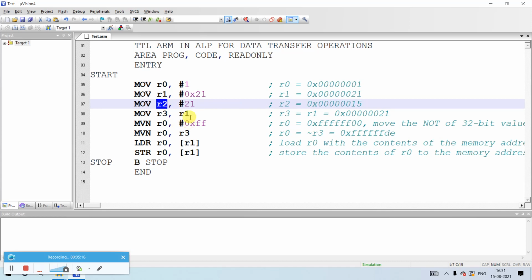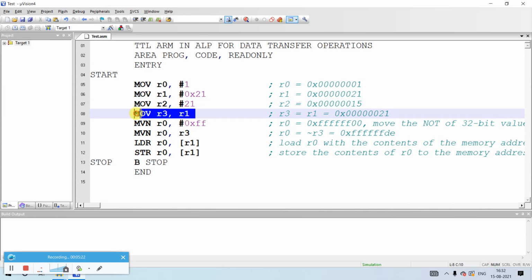So it will store it as 0x00000015. And if you want to copy the data from one register to another register, you can use these operations. And this is to load and store the data, because only two operations are involved with the memory, that is load and store. Load is to load the data from the memory to the register, and store is to store the data from the register to the memory. Okay, it's a simple program. However, in the future sessions, I'm going to explain each and every single instruction.